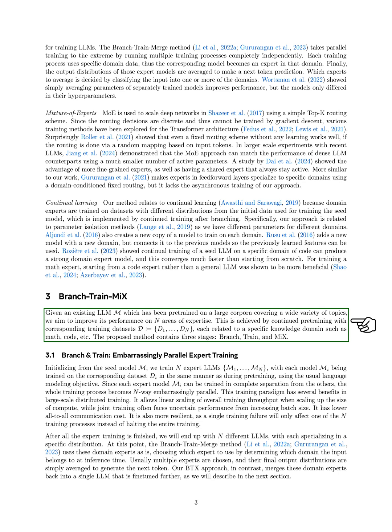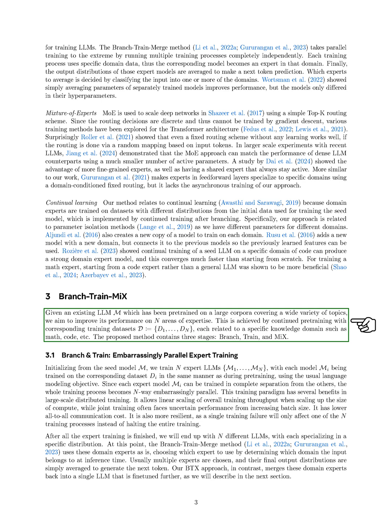During the branch and train stage, we initialize from the seed model and train multiple expert LLMs, each on a specific dataset related to a particular domain. This training process is embarrassingly parallel, allowing for efficient scaling in distributed training environments. After training, we end up with different LLMs specialized in specific distributions, which are then used in the subsequent merging